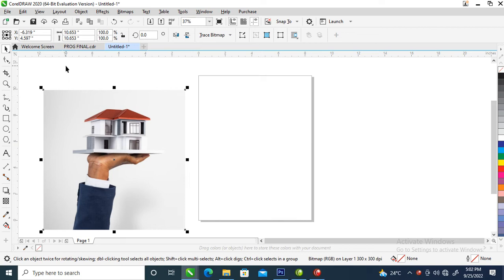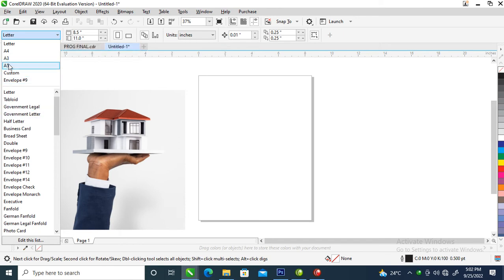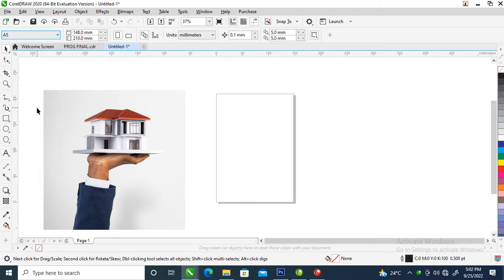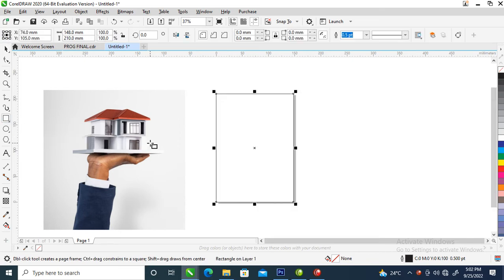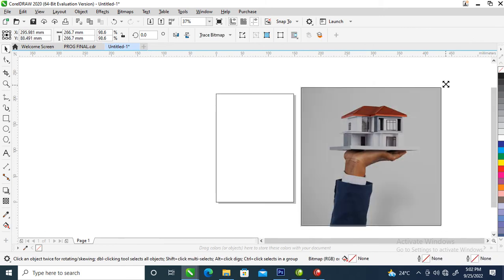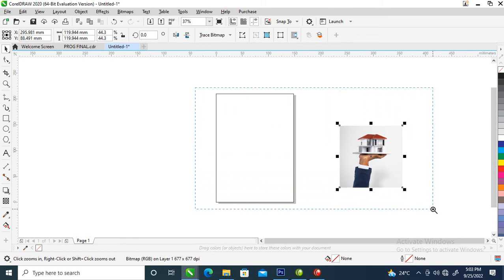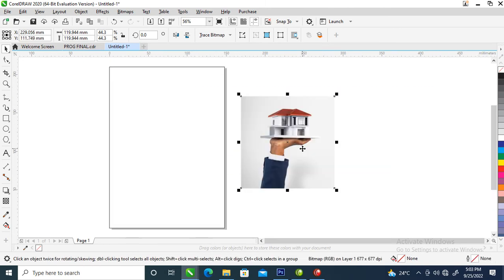So right now, this is the CorelDRAW homepage. Then you go over to this place and change it to A5, which is the normal size of a jotter. Double click on this rectangle to automatically snap into the page. Right now we are going to make use of this image right here. It is a real estate design. So what we are going to do right now is to